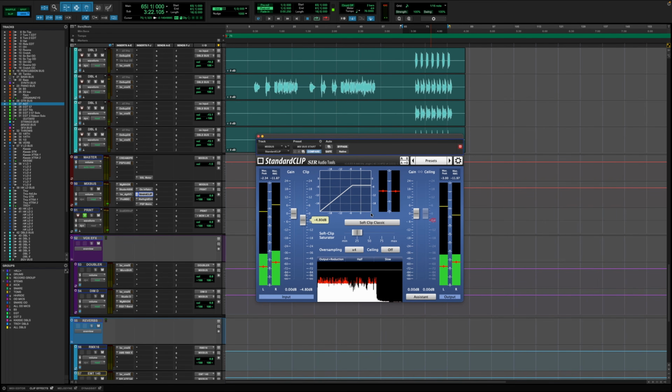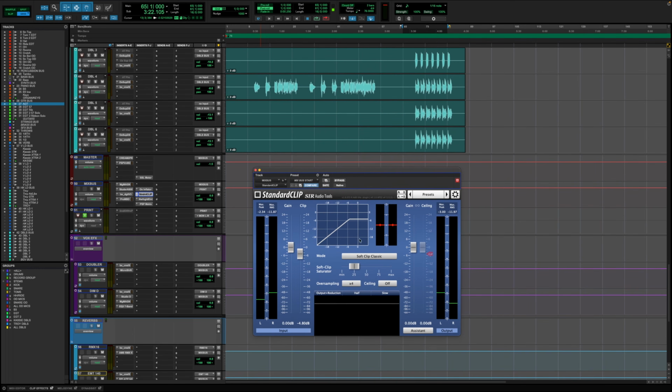So when it gets to the bigger part, you can see we're clipping a lot of those transients off. You still want to use your ears. You don't want to use this meter. I still want to listen to what I'm going for, but you can hear that it's taking off a lot of transients, especially on that acoustic guitar. And that is because it's a little bit loud in the mix right now, but just as an example, to show how the clipper would work, you're literally just clipping off those